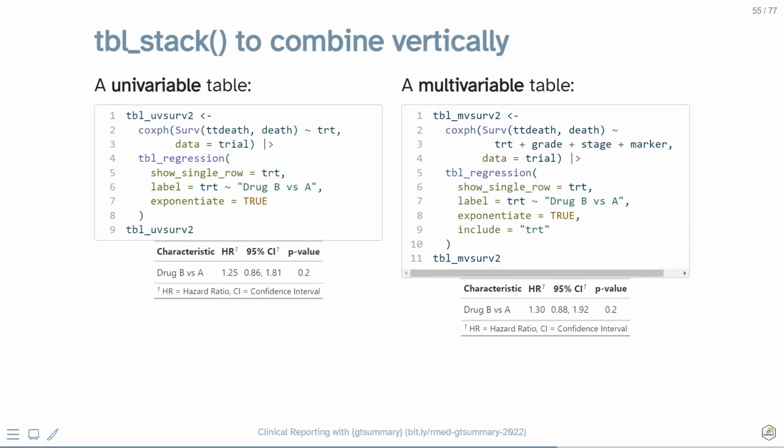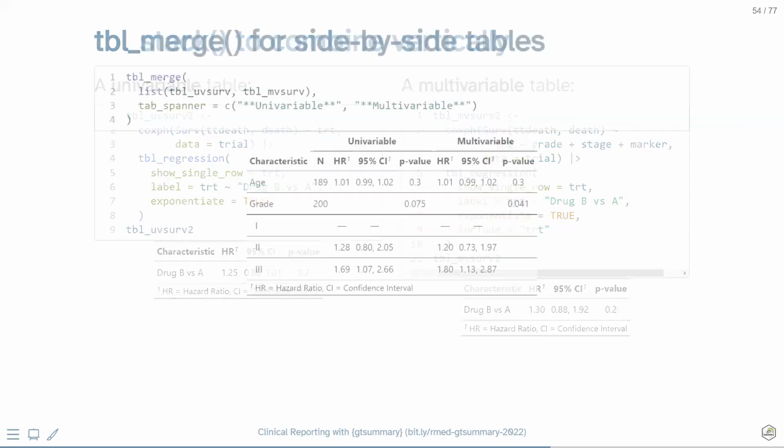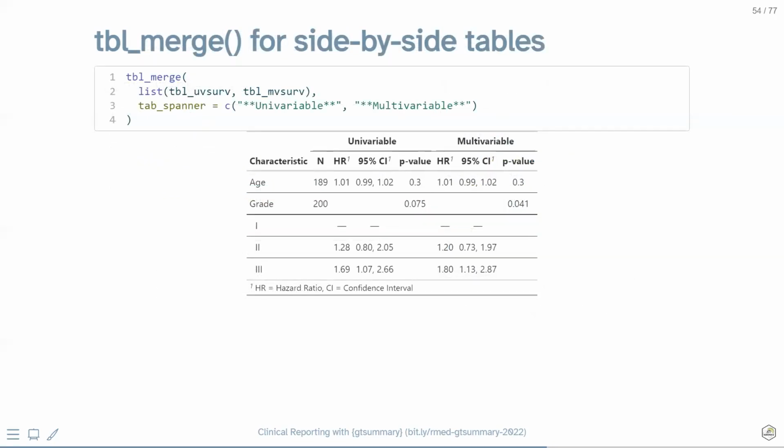Can I ask you a question? Yes, please. So assume that you have more variables here than you have in this univariate, and some of them are not significant, and you put them in a multivariate model, or you either just keep the ones that were significant in the univariate, or you use stepwise, and you end up with a smaller table in the multivariate. You still can merge them?